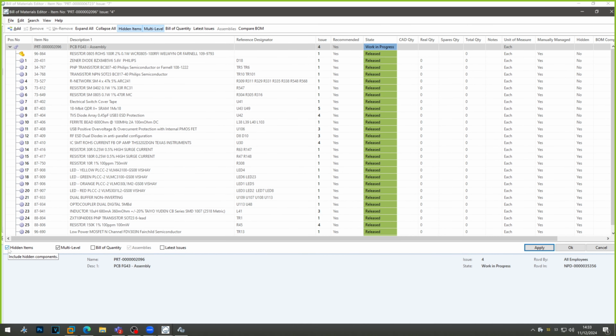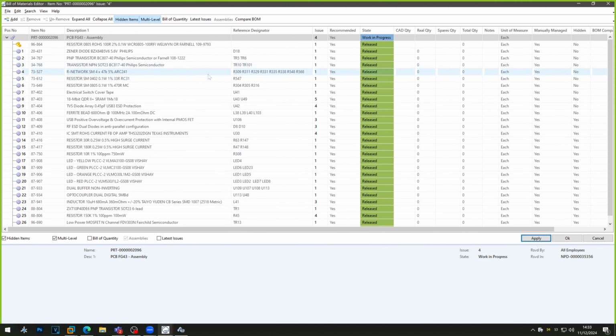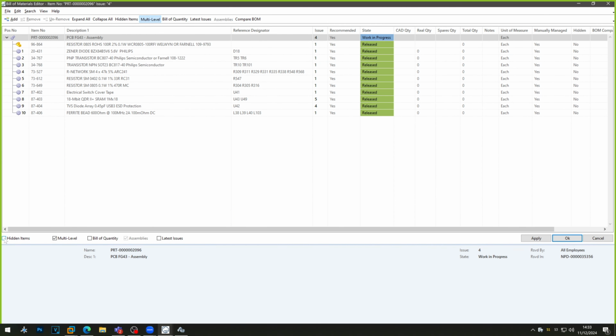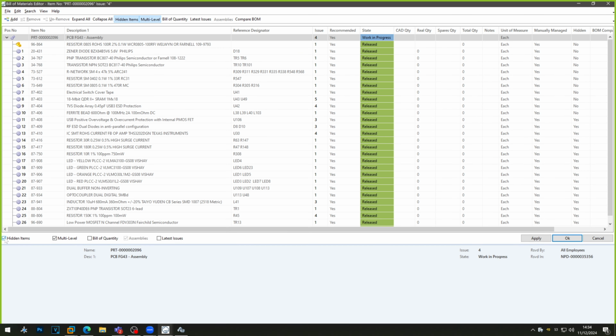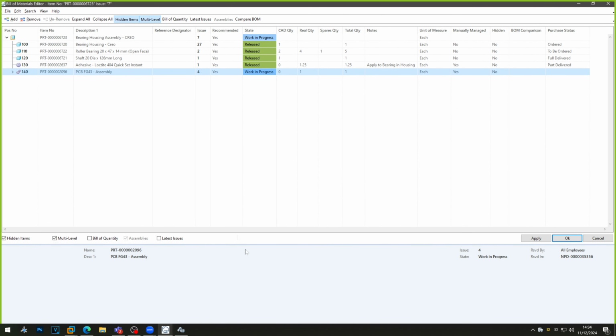then in my view option down here, there is a hidden items option. If I don't want to see the hidden items, I can turn them off. All of these mechanisms exist because businesses have all weird and wonderful ways that they want to construct and view bills of materials. So there is the ability to hide and unhide items on a BOM, and therefore, if I OK this and go back to my master bill of materials,